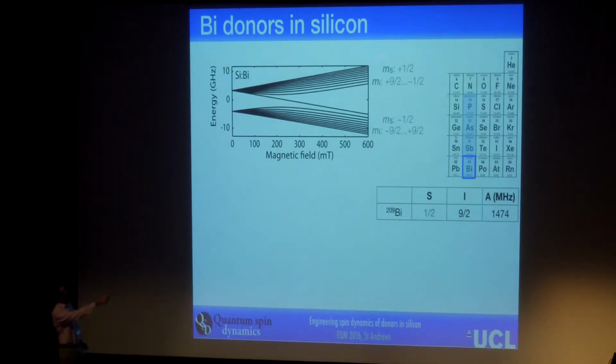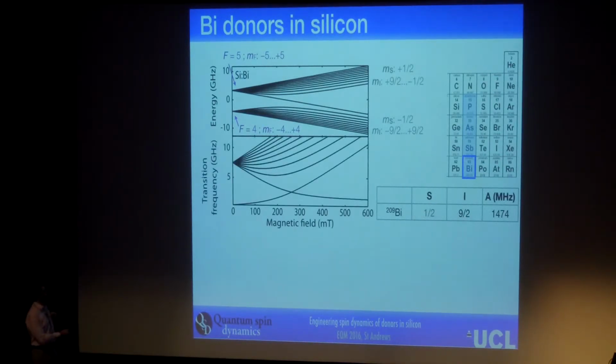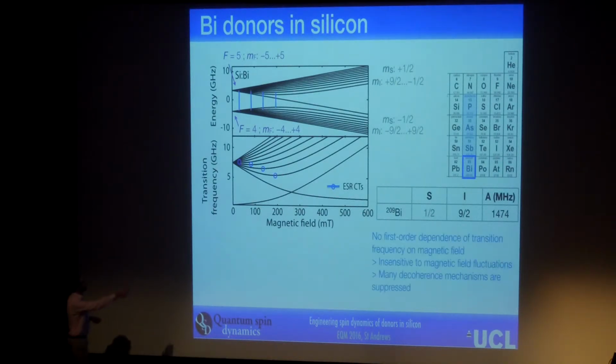So at high field, we can label these states according to M_S and M_I. But at low magnetic fields, we need to think about the total angular momentum, and we use F and M_F as the quantum numbers to describe this region. So if we then take this level diagram and plot the allowed transitions within this system that we can drive that couple to microwaves, we see that they look like this as a function of magnetic field. And there are 4 interesting points on this plot. To help, I've circled them in blue, and these are what we call